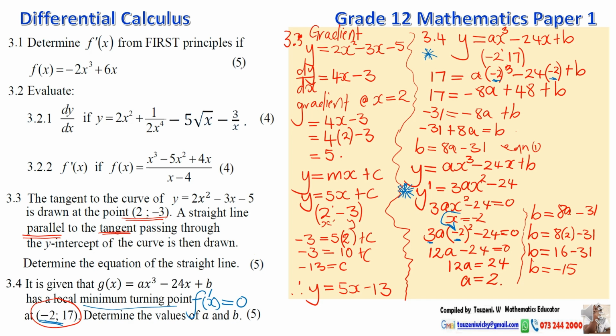Then we simplify. So -2 to the power 3, we get -8. The first one gives us -8a, -24 times -2, we get plus 48. Then from there, we simplify this expression until it is in its simplest form. Then we can create an equation for b. Then after that, we go on and solve our two equations simultaneously. That's number